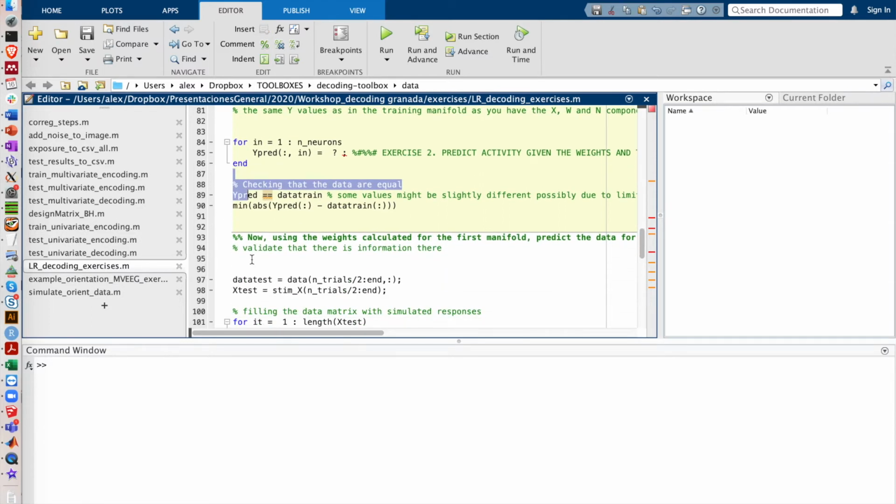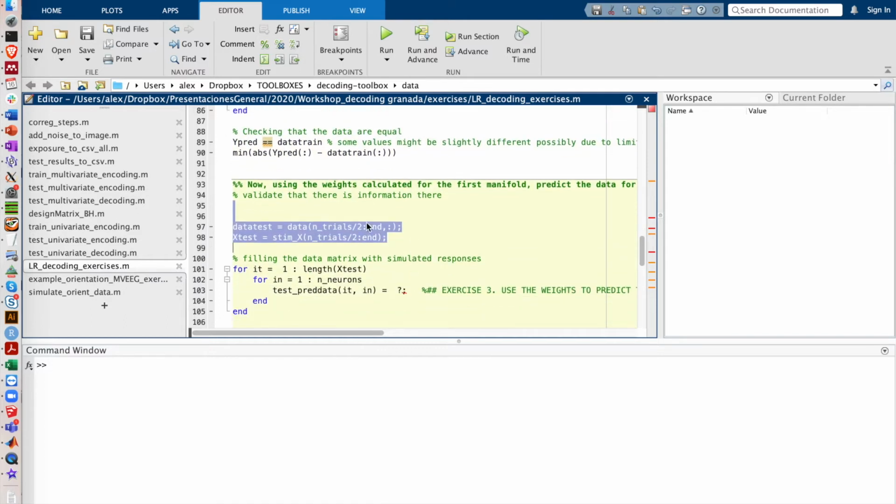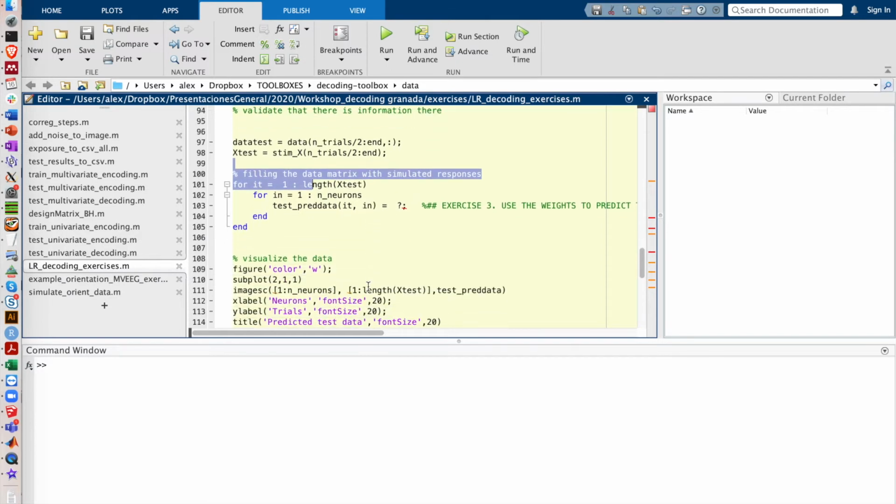And then the next objective will be to test the weights that you have learned from the first half of the data set on the second half of the data set. So you have to use the weights to predict the activity in the second half of the data set based on the x values of the stimulus.